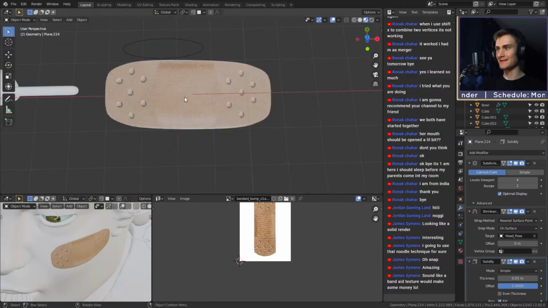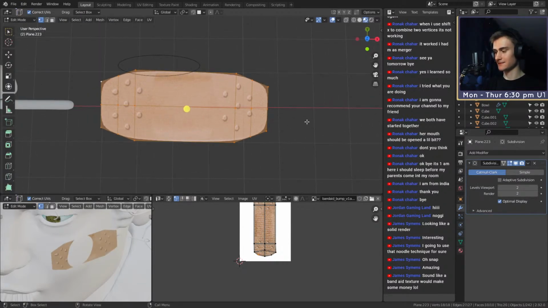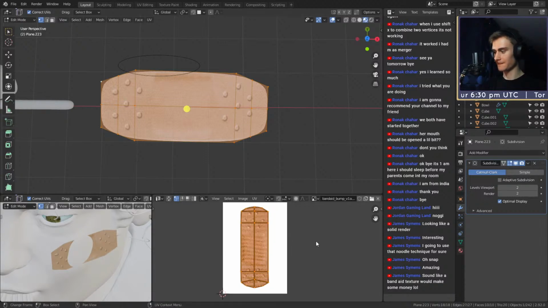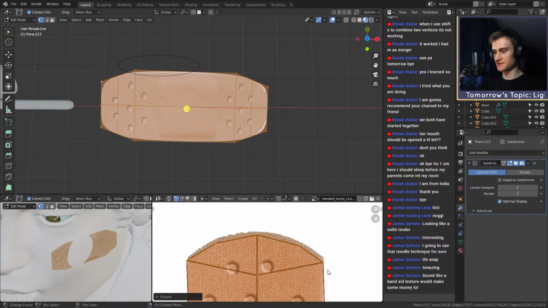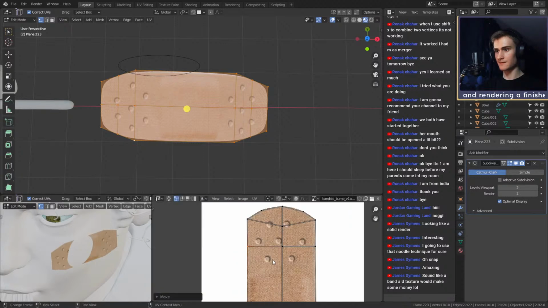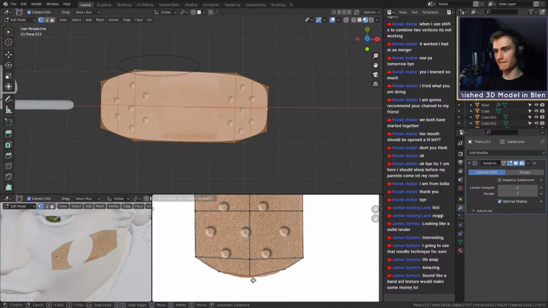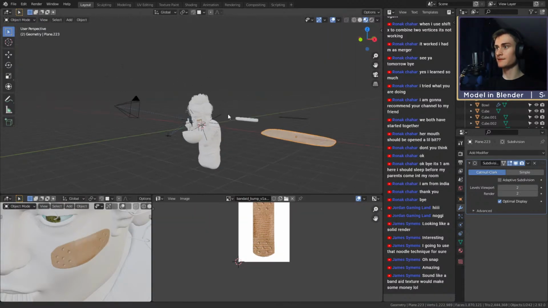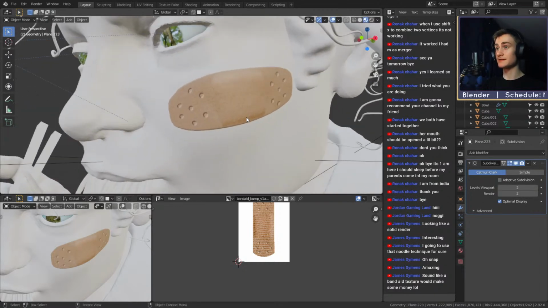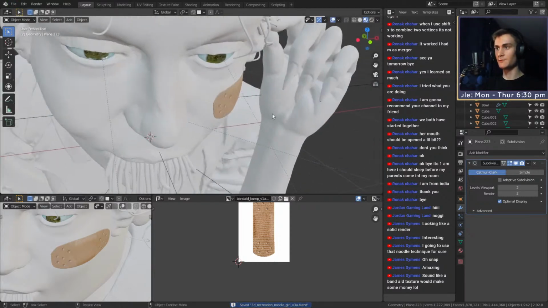Okay, hold on. So I guess we can just go in here and adjust that. There you go. We have a few adjustments we have to make. Move it up. There you go. Perfect. Now everything looks pretty good. Perfect. Now what we need is a bump map, because right now we still have this bump right there,